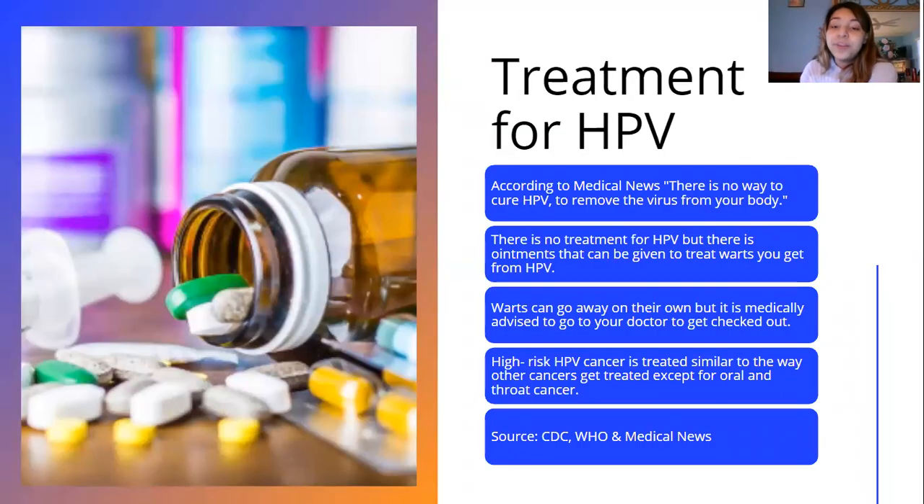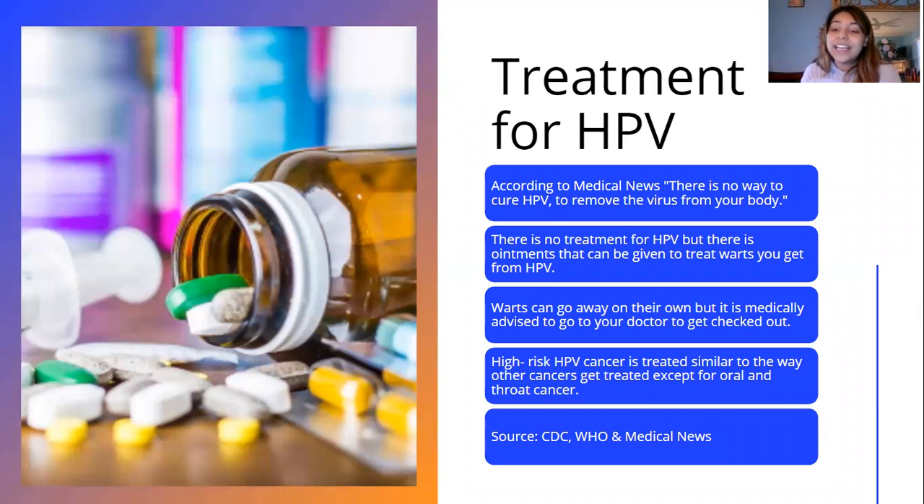So let's talk about treatments for HPV. The bad news is there is no actual treatment for HPV. You can't really get rid of the HPV virus from your body, but there are ways for you to control it. There are ointments that you can get to treat your warts, and